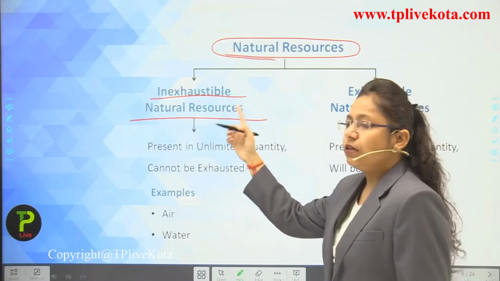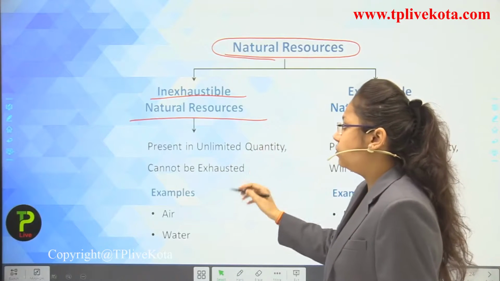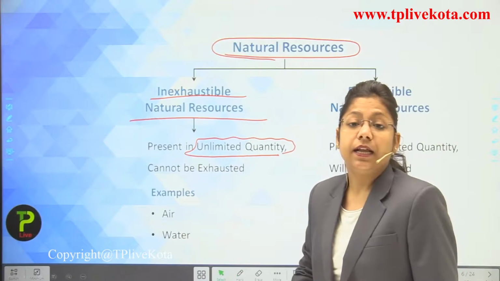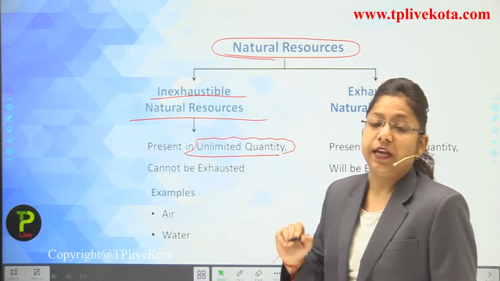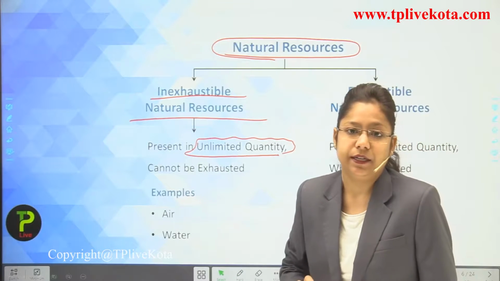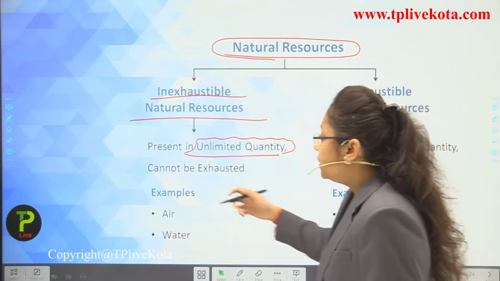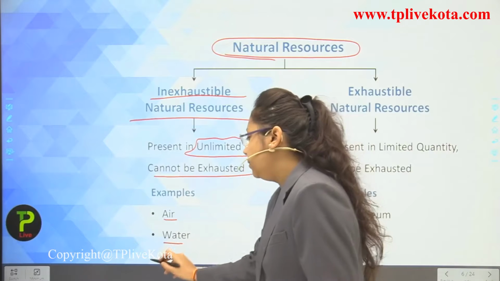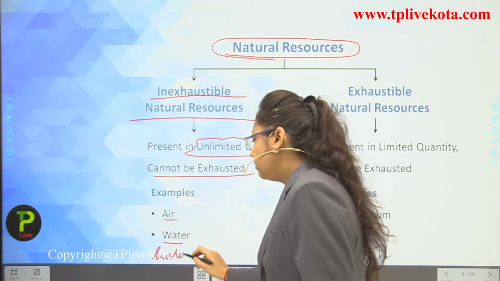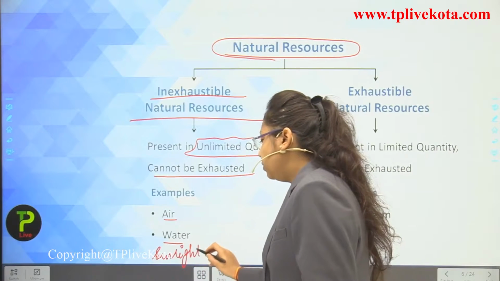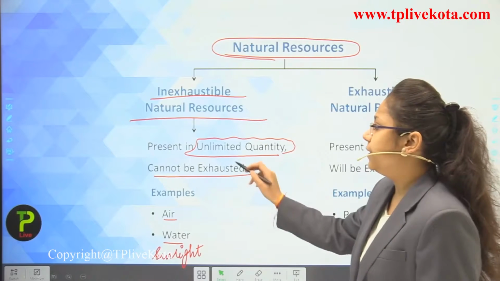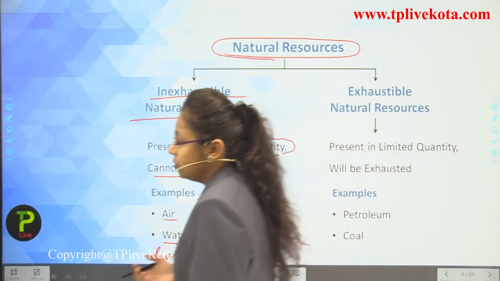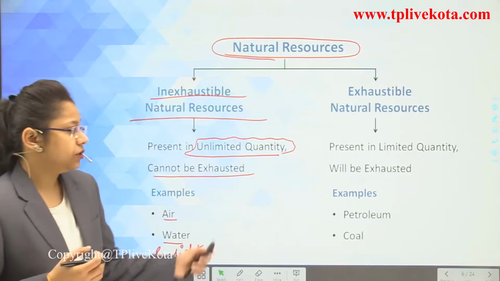If you see here, the inexhaustible natural resources are present in unlimited quantity, meaning they do not have a limit on their quantity. So they cannot be exhausted. For example, air, water, sunlight, wind. These are the different examples of inexhaustible natural resources. Students, you have to make them clear and learn them, because in examinations questions are asked from